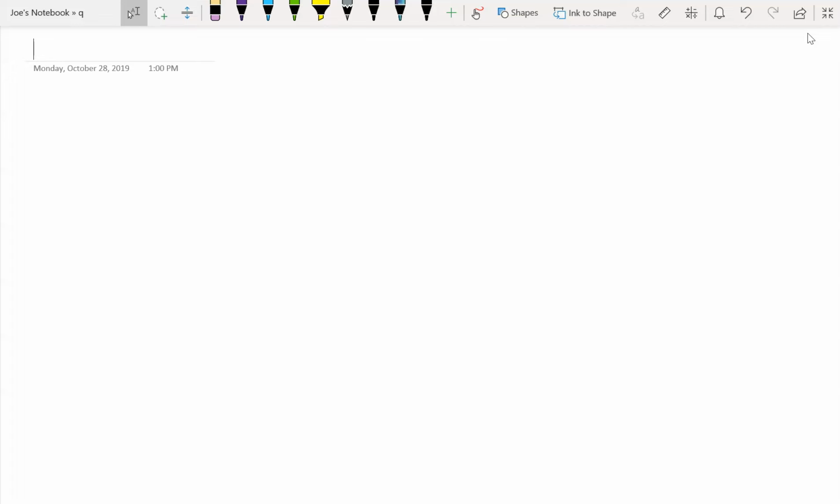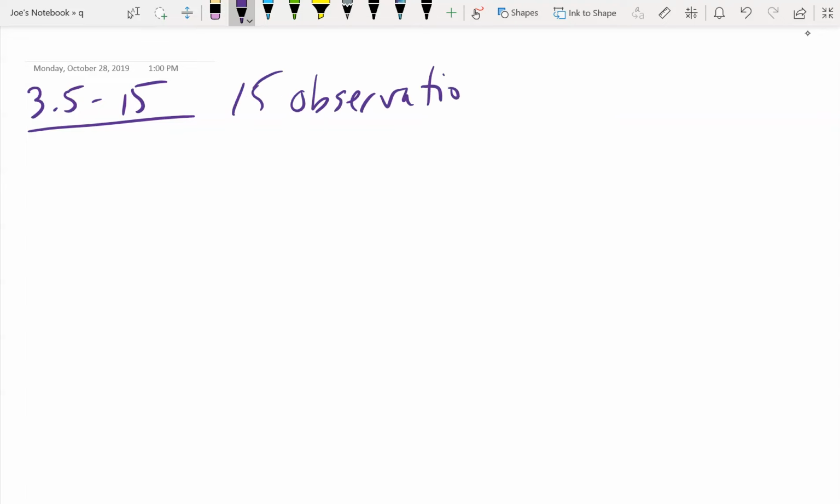All right. Let's look at problem 3.5-15 on that last sheet that I handed out last time. I meant to make copies of the chi-square table and I didn't. That's okay. So let's just read what the problem says.